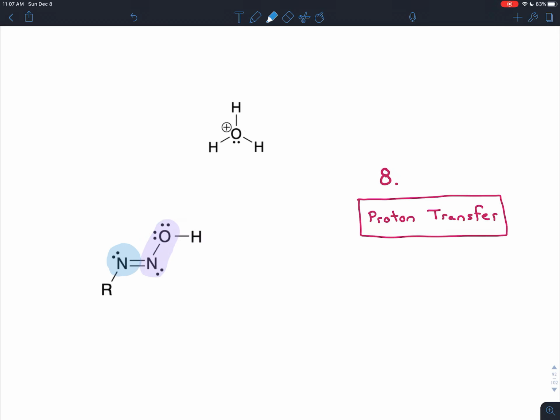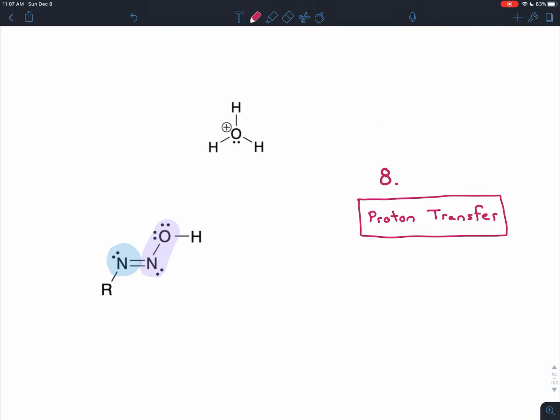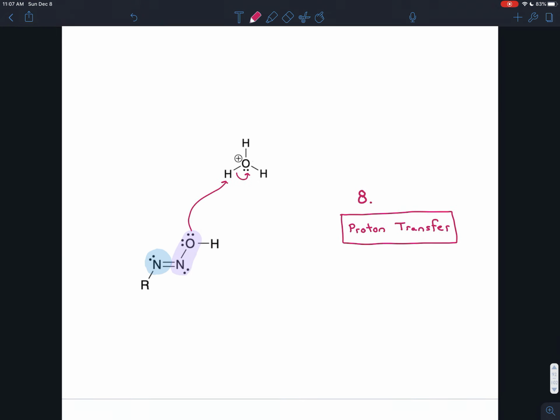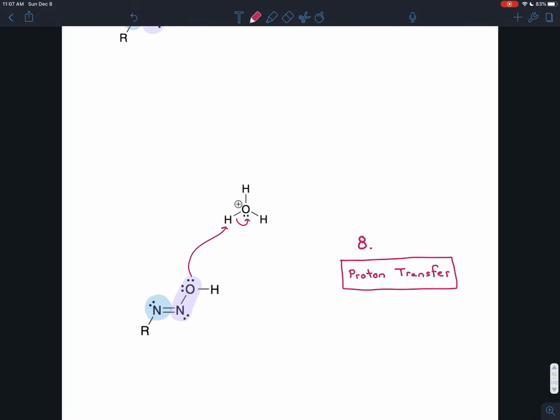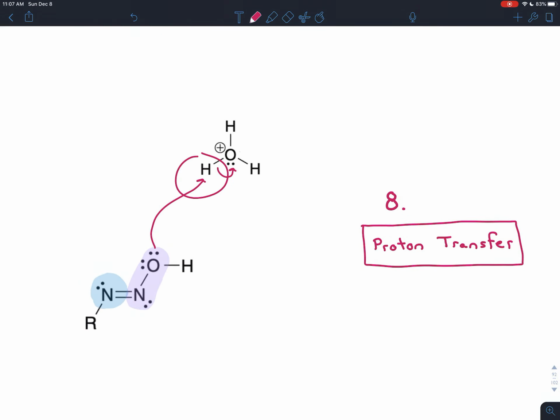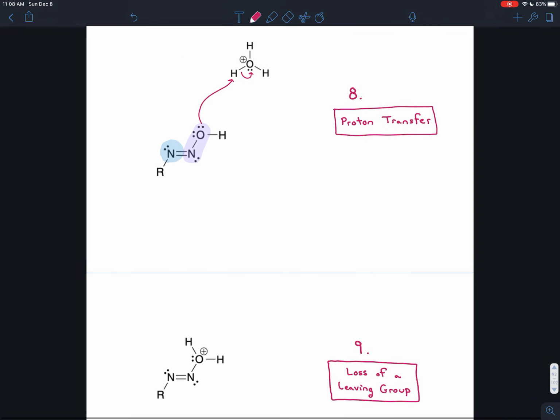We just want to get this oxygen off of the other nitrogen. And so we need to turn it into a better leaving group. And we can do that with another proton transfer. This can accept one of the slightly positive hydrogens on hydronium. The electrons snap back onto the oxygen. Right? This hydronium that we made in the previous step can now act as an acid and give this hydrogen back at a different place, so that ultimately